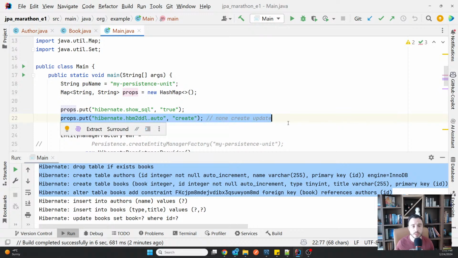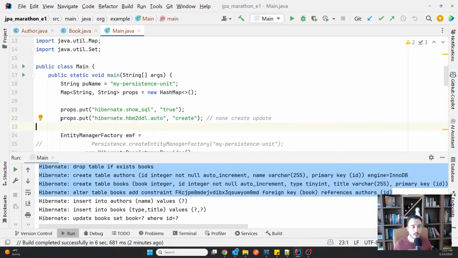So that's why we do not use this to generate or alter the schema in real-world applications. Always use something that provides you with a history of what has been changed and when, like Flyway or Liquibase. I hope that answers the question.